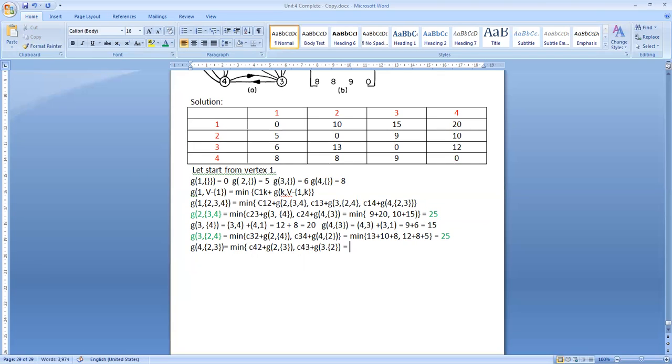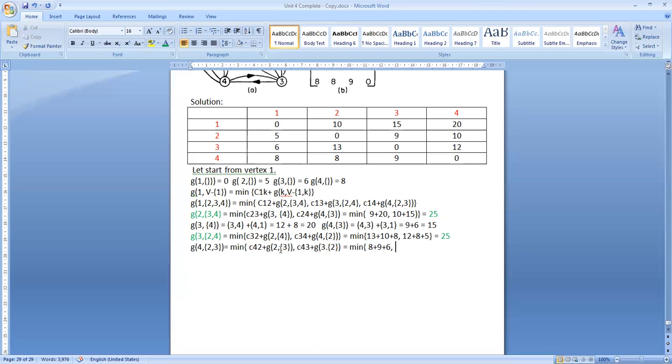that is equal to the minimum of now C4,2, the edge between 4 and 2, it is 8, 8 plus what is this, G(2,{3}), from vertex 2 go to the vertex 3, then from vertex 3 go to the 1. So see 2 3 and 3 1 path, 2 3 it is 9 plus 3 1, it is 6,